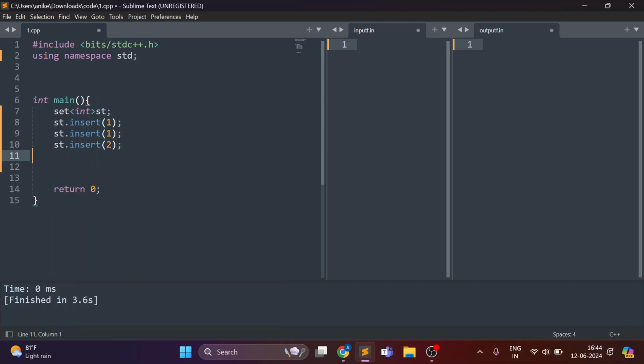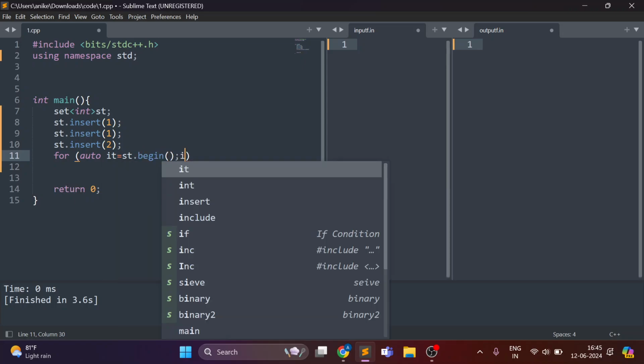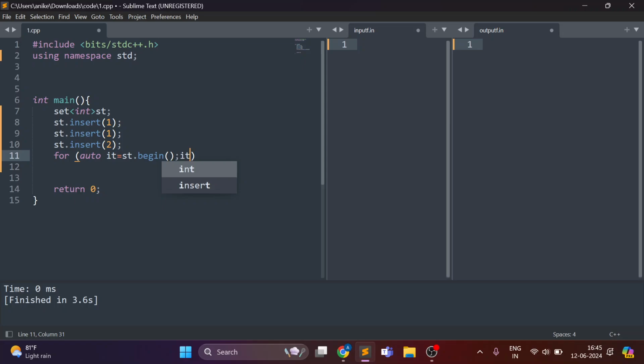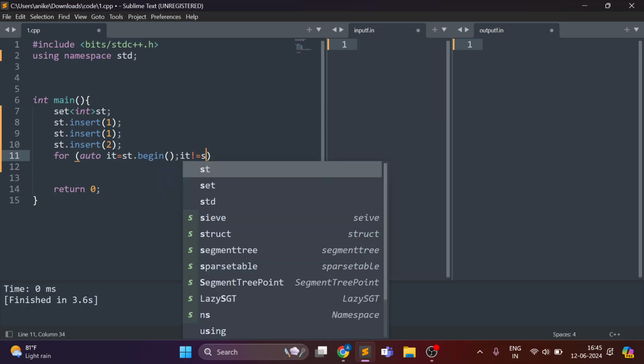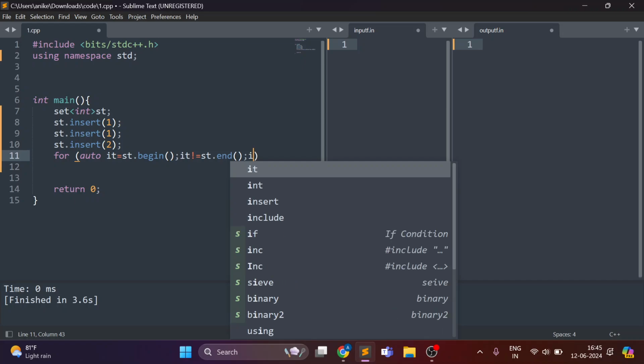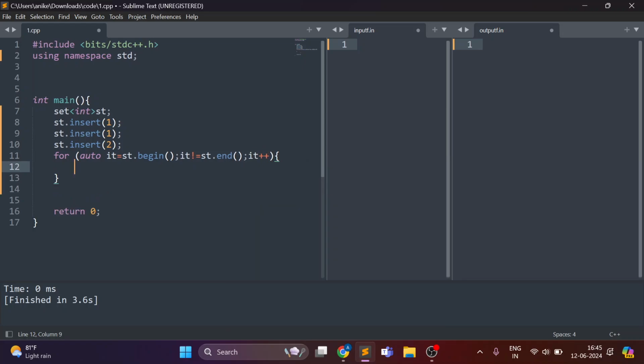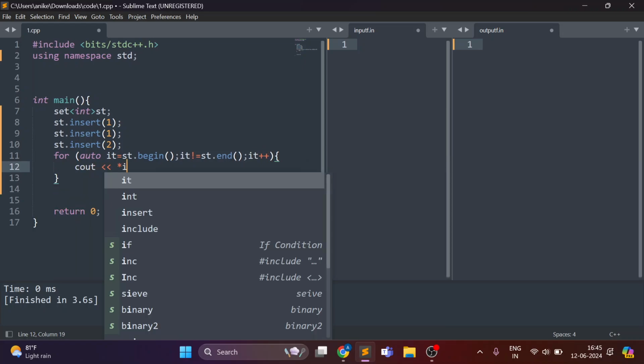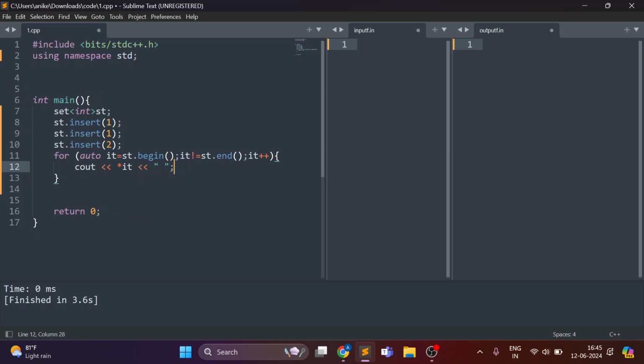So what I will do is I will declare an iterator and use a for loop, and I will start my first iterator from st.begin, and the last iterator in the set is the same as vector, which is st.end, and increment the iterator. Now to print the value at that position, I will use star of the iterator, because to get the value at that iterator, I have to use star. So if I run this now,